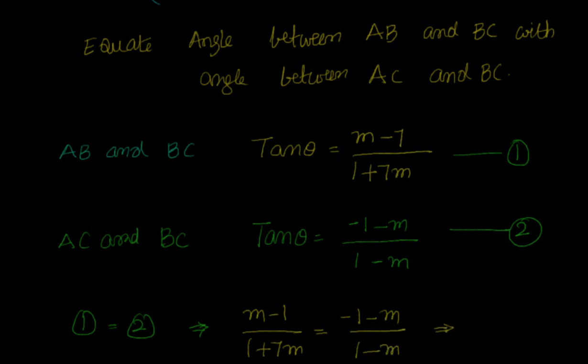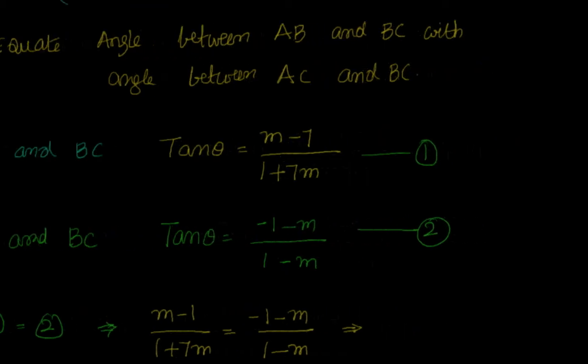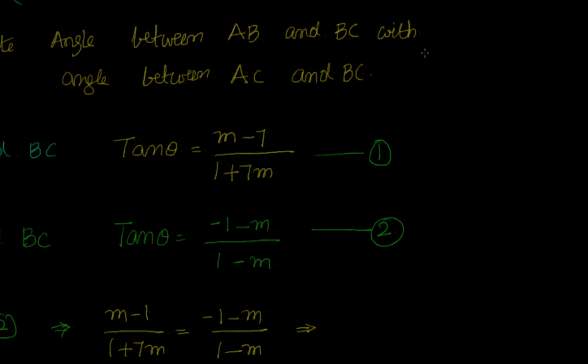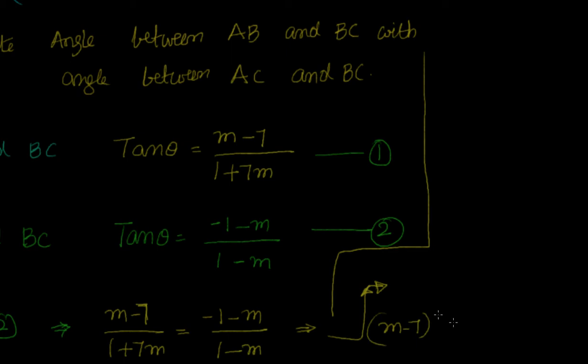So when we do cross multiplication, we get (m minus 7) by (1 plus 7m). So when I multiply this, I will have (m minus 7) into (1 minus m) equal to (minus 1 minus m)